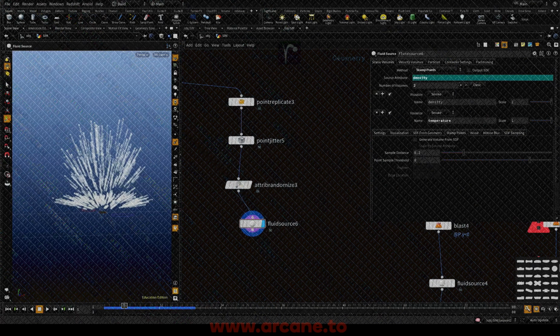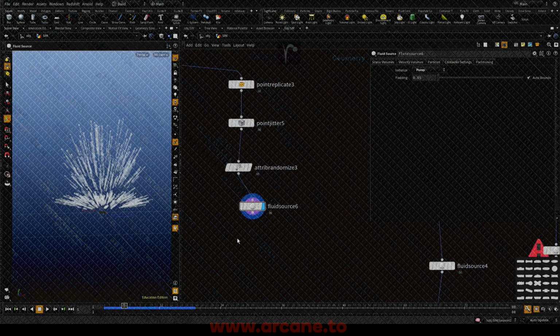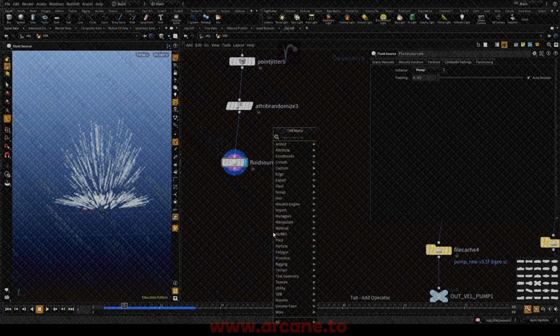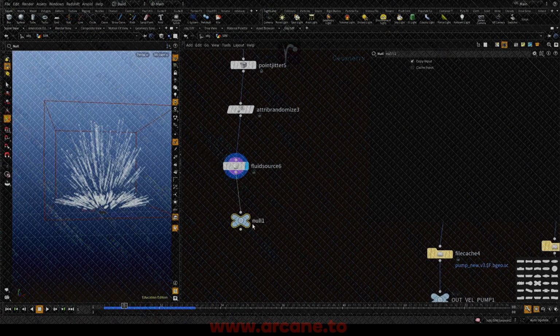Now, the other thing that we need to change here is instead of source smoke, we need to change this to pump. Cool. So let's call this null. Out spikes rand pump